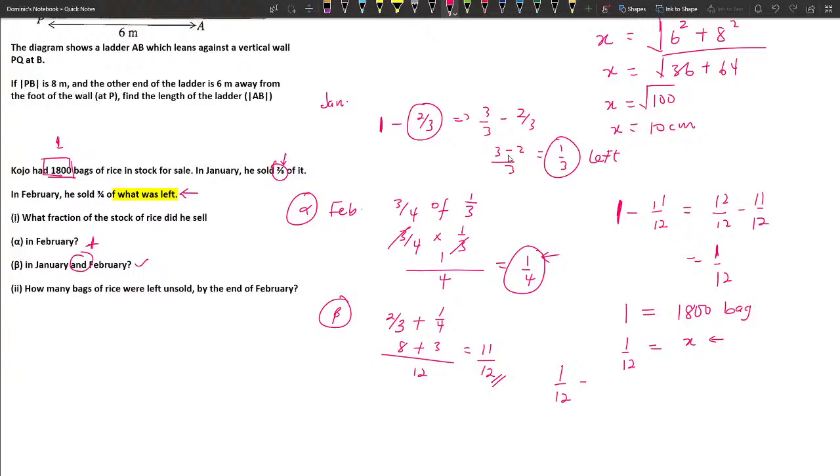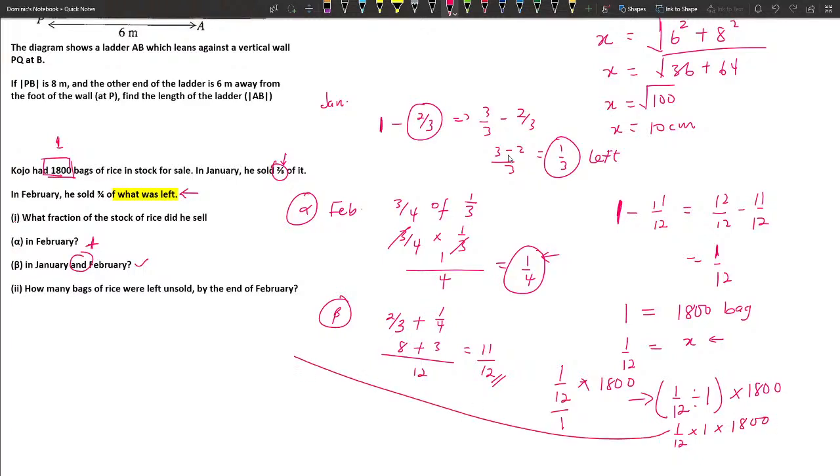1/12 divided by 1 times 1,800. Now, because this looks scary, we are going to write it in the traditional form, which is 1/12 divided by 1, and we'll put it in brackets, times 1,800. Now with this, we are just going to reciprocate, which will give us 1/12 times what? The thing is over 1. So whatever you do, it will be times 1 times 1,800. And then when we multiply,